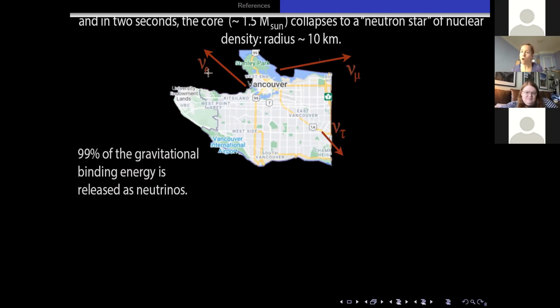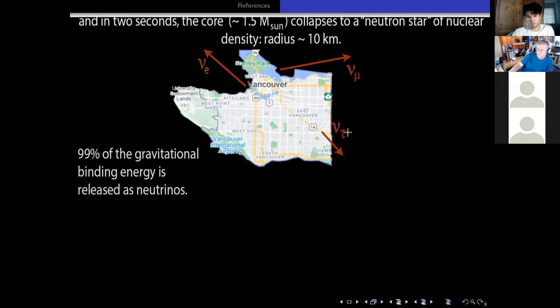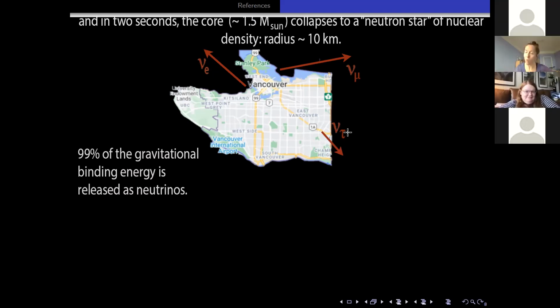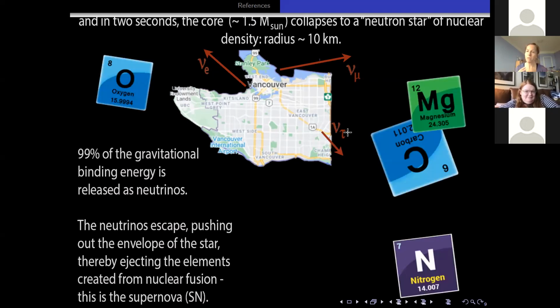There are 3 known flavors of neutrino. One is electron flavor, one is mu flavor, and one is tau flavor. And what these neutrinos do as they are fleeing out from this collapsing core, they're pushing out the outer envelopes